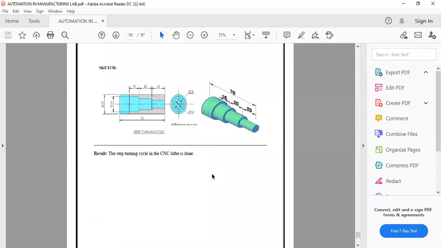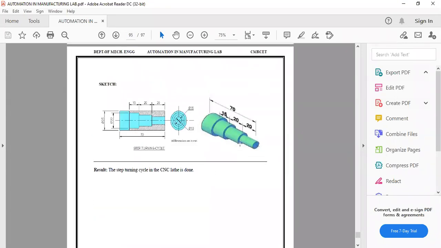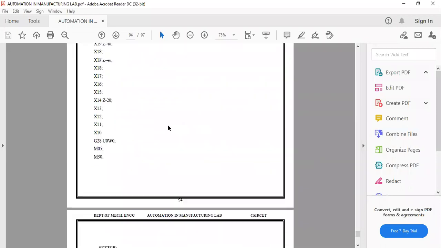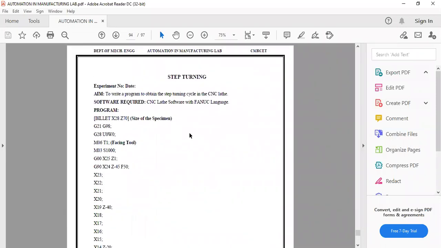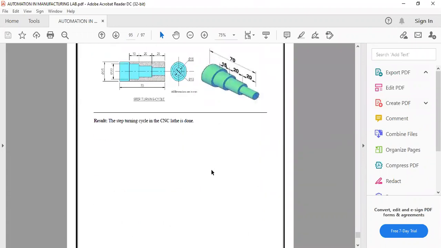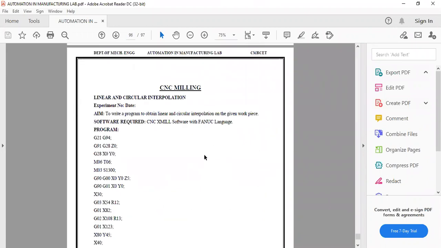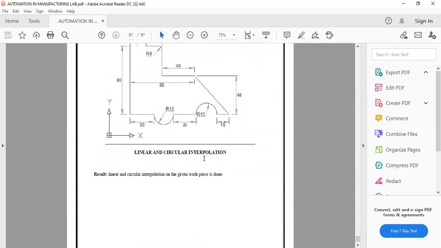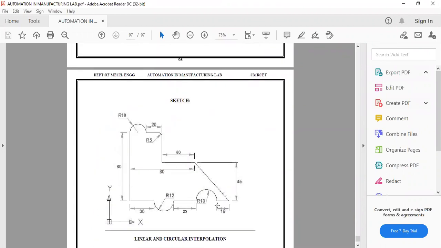Step turning, you see here, in steps we have a reduction of the diameter. That is your second exercise.